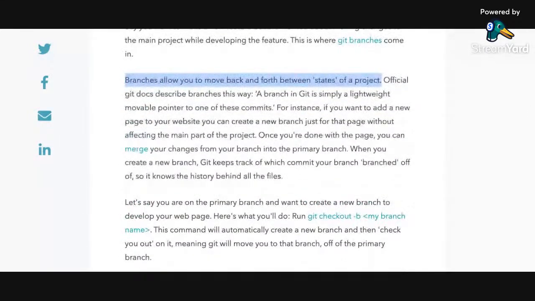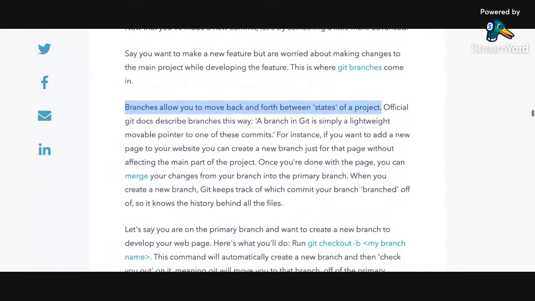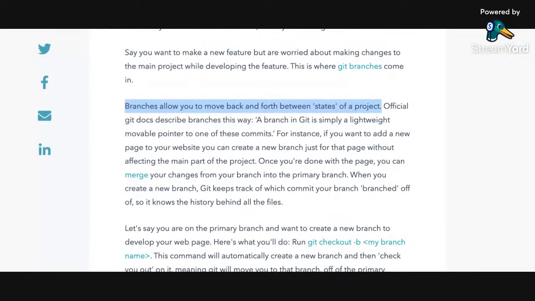Let's say, for example, I was working on a particular branch, the master branch, that's the main branch. I told you earlier that it could be a main branch or another name depending on the system, but for mine it was the master. So the master is my main branch.